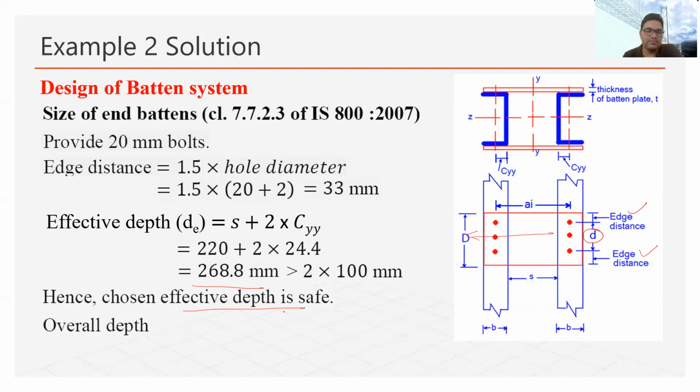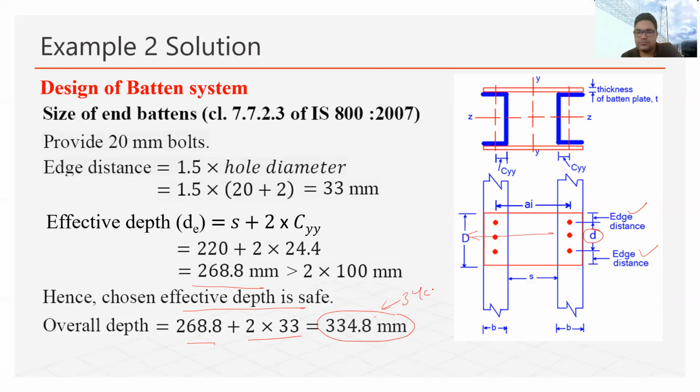So the D value will be 268 plus 2 times the edge distance, and the overall depth becomes 334. So we will round off this value to 340. That is the overall depth that we have provided for our batten in the case of end battens. Similarly, we will find out